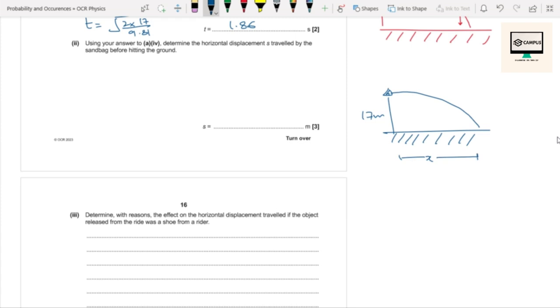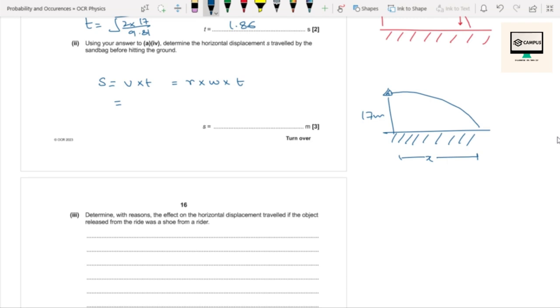We know the time, since it is moving with a constant velocity, and the assumption is there is no air resistance or anything else. Since it is moving with a constant velocity, the horizontal displacement can be found by the simple formula s is equal to the constant velocity multiplied by time. We don't know the velocity, but we do know the angular velocity, so r multiplied by omega multiplied by time. So r is known to us, which is